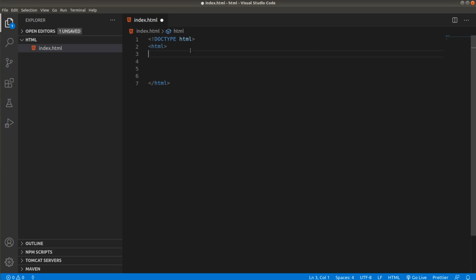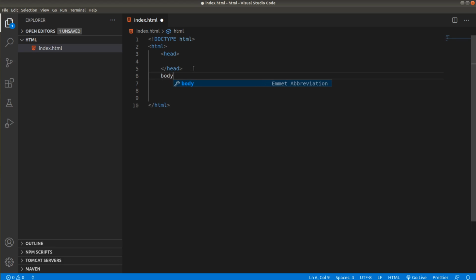The next tag right next to the html is the head tag. The head tag is used to insert metadata about your HTML page. What do we mean by metadata? Some information about your HTML page, like the title of your web page and the character set you are going to use in your web page. This kind of information is inserted into the head tag. Right now we don't need to worry about the head tag and metadata about the web page, so we will see the next tag, that is the body.